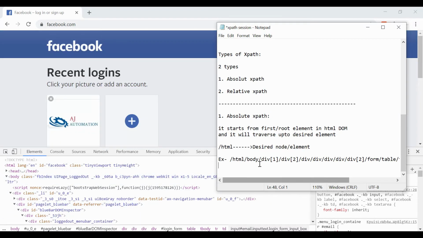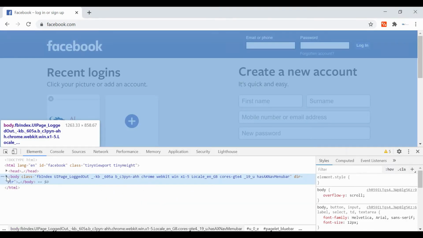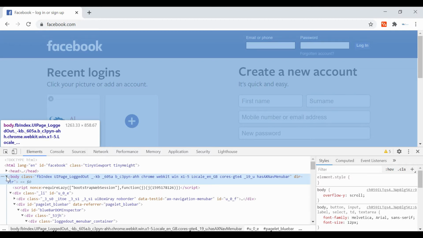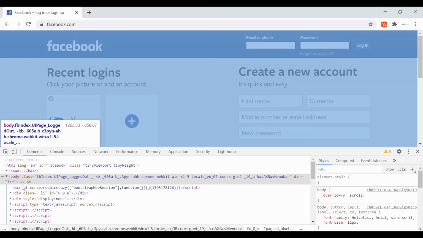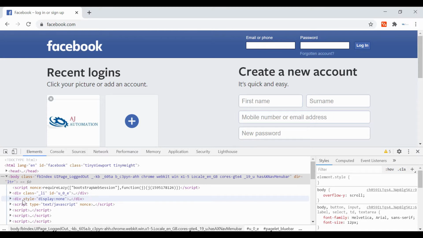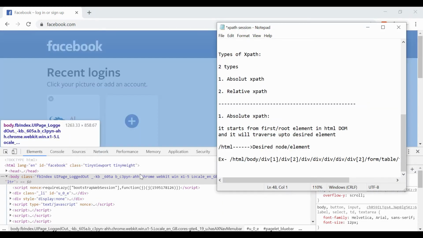Body has two children here. This is the first child, this is the second, and in the second it is showing div, div1.